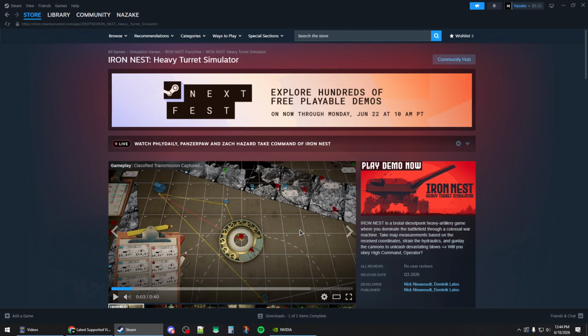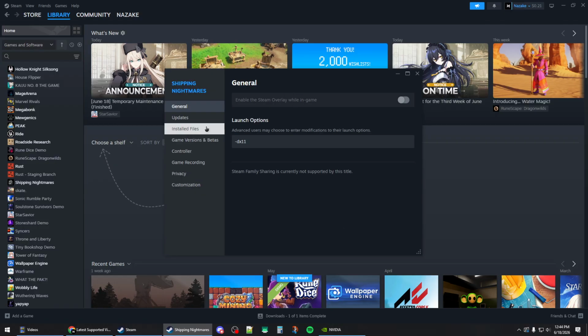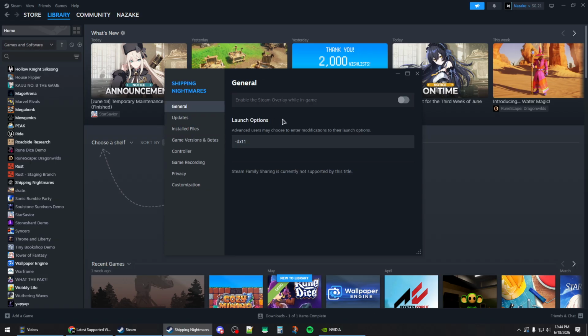How do you fix Iron Nest Heavy Turret Simulator crashing on Steam? So first you want to go to your library and right click on the game and then open up the properties window. Now from the installed files tab you want to verify the game files. And once this is done you want to go back to the general tab at launch options and add -dx11